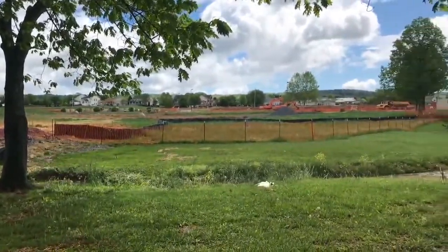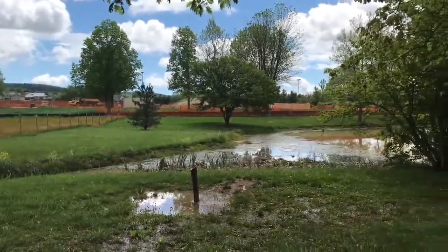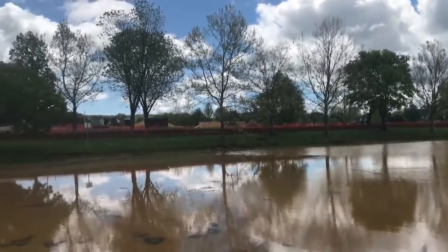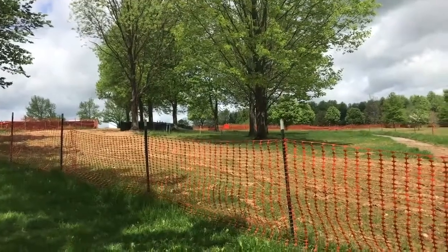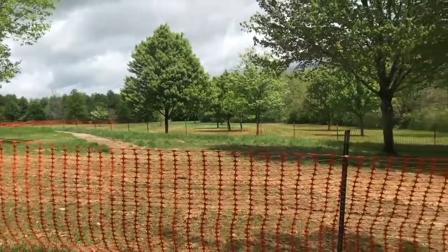Both Hicks and Donald told me about the minimal effect the COVID-19 pandemic had on the project. Actually, some of the COVID-19 effect was just a lot more people in the parks. They were out and enjoying getting fresh air. There's nothing wrong with that. The governor never restricted construction. It started a little later than I thought it was going to start, but it hopefully will be done by the fall. Hicks pointed me to the Frederick County Parks and Recreation website, which has details about the construction and